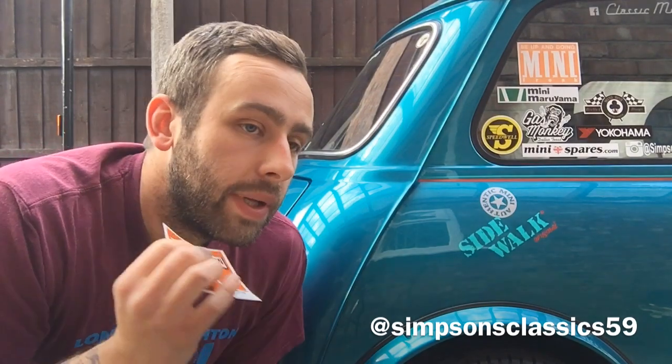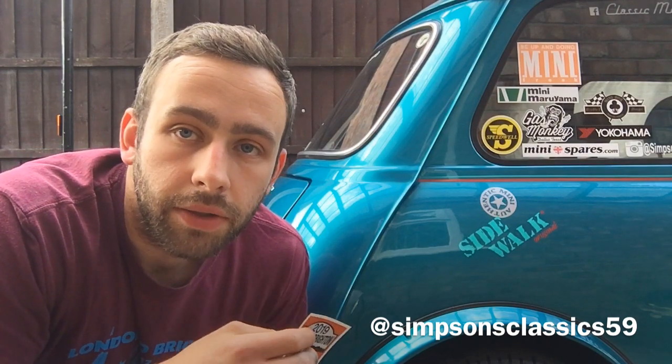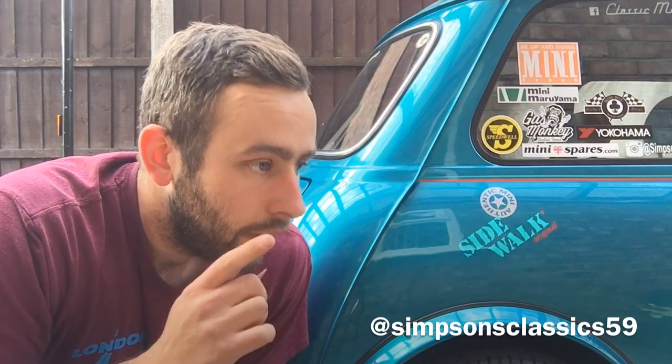As for London to Brighton, we won't be in Violet, like mentioned before. We'll be in the R50, so come say hi if you see us. We're going to pop up to Crystal Palace. We're going to be in Brighton on the seafront in the morning, early morning. We're on a Club and Estate register still, but not in a Club and Estate, unfortunately. More on that to come, trust me. Other than that,